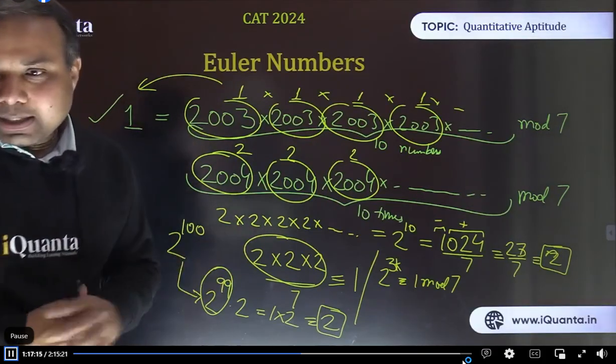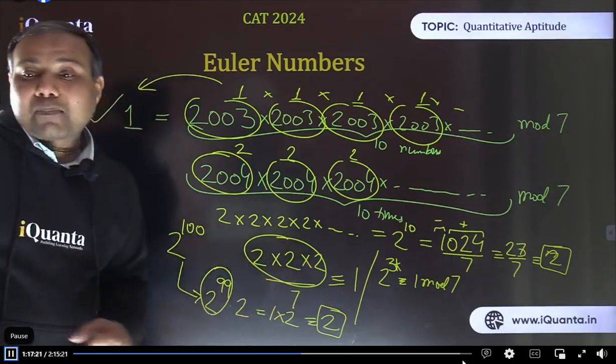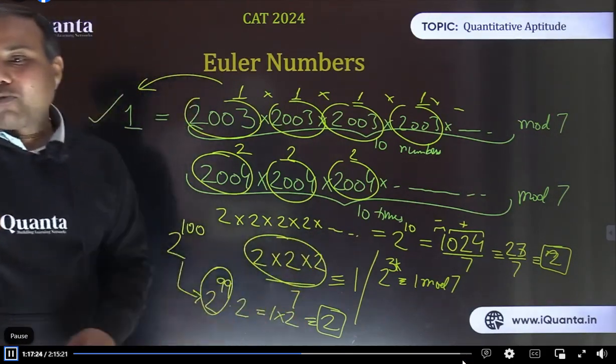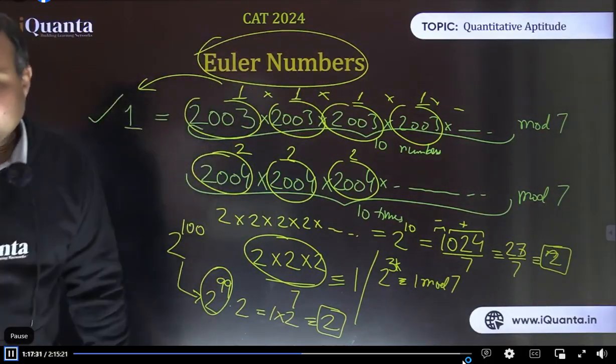Okay, मैं दोबारा समझा रहा हूँ. Don't worry. This was one example. So अब how to find out कि कितने का group बनाना पड़ेगा? That means what power of a number will give me remainder 1? That is told to us by this Euler's formula or Euler's number. So that's how we come to this topic.